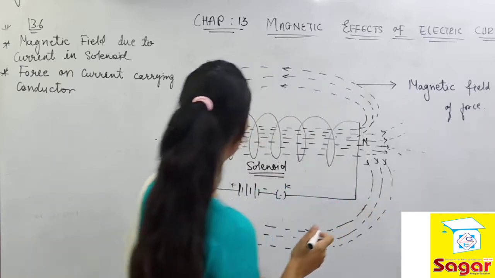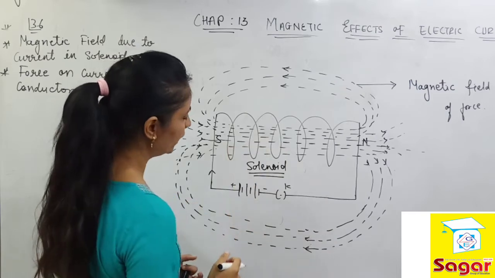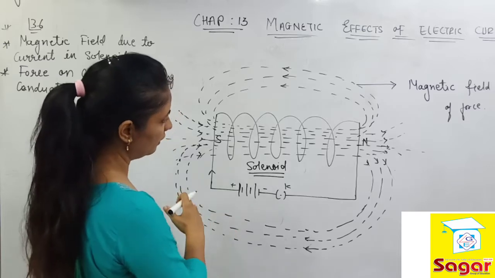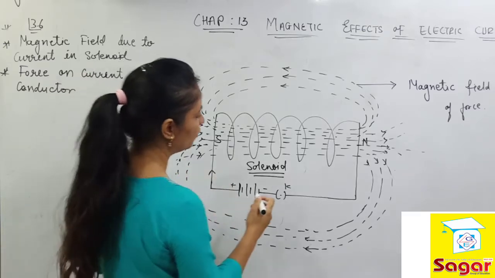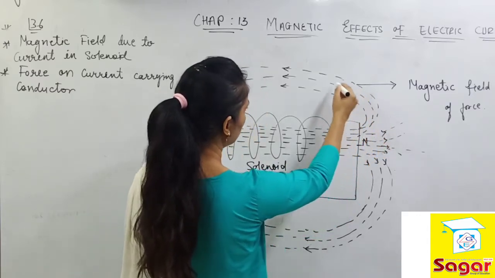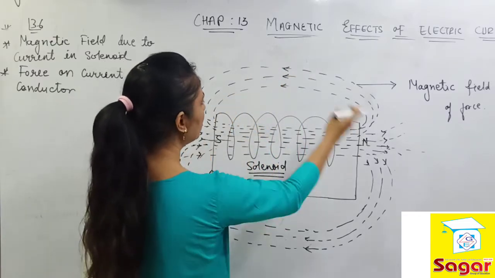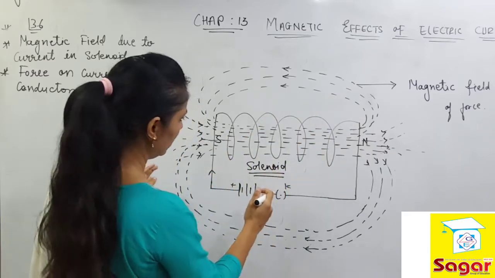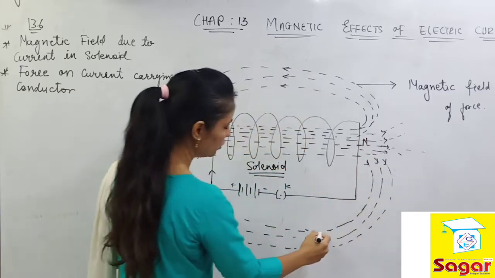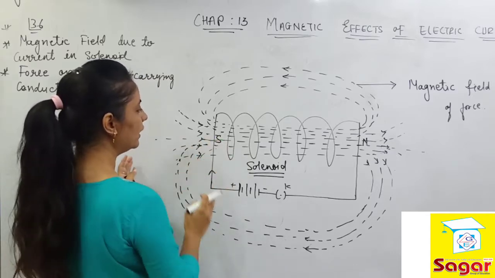Where these lines emerge out and where they move inside the solenoid, that we have to focus on now. Whenever you make the battery function and the current starts flowing nicely through the circuit, a magnetic field will be generated, and the magnetic field lines will emerge out from this direction and enter once again through the other end of the coil. Once again this kind of magnetic field will be generated continuously. Here you can see from the north part of the coil, the magnetic field lines are generated, showing their journey, and from the other part of the coil they move inside.